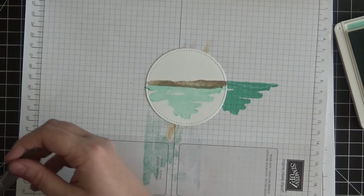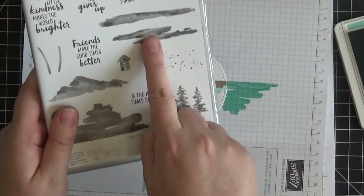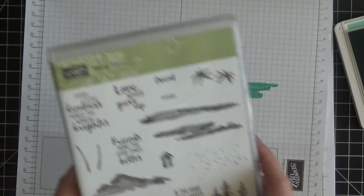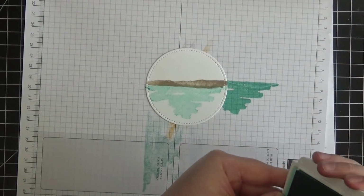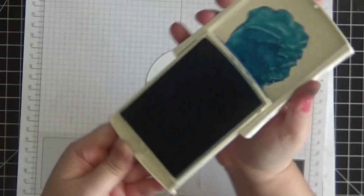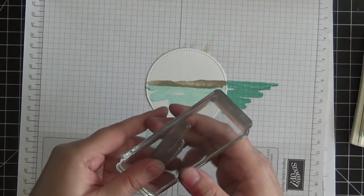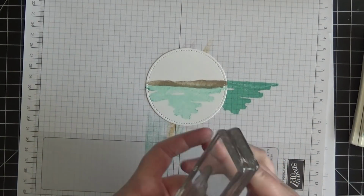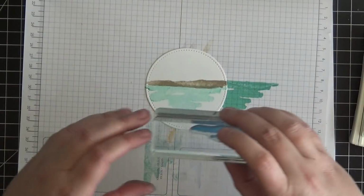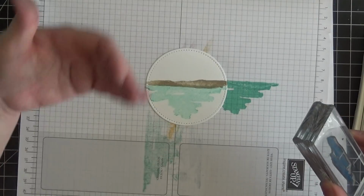Now I'm going to take the little two-lined image, which is this one right here, and I'm just going to add a little streak of color in our ocean. And with that, I'm going to use Pool Party ink. This isn't really meant to be super realistic. It's more just supposed to sort of be almost impressionistic, a little bit of, this is the idea of an